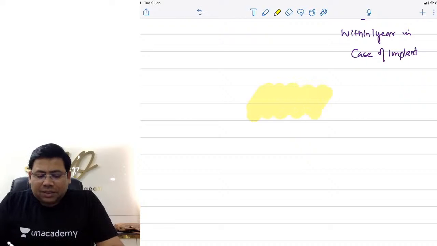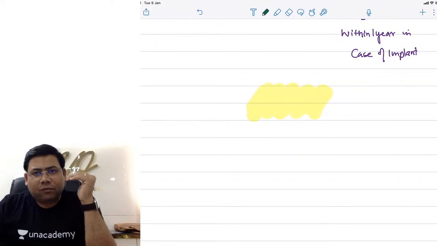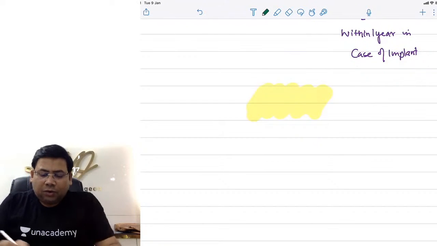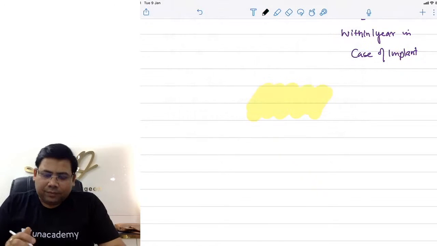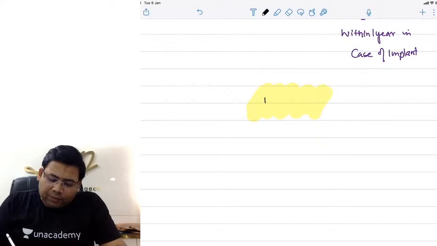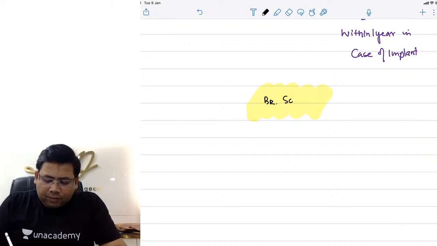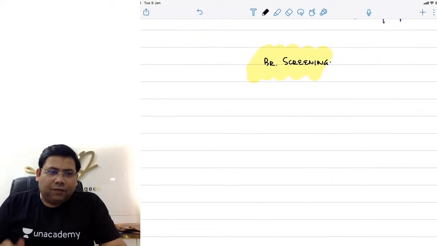So when I'm discussing the techniques of breast examination, what is my purpose? So I'm going to talk about the breast screening. So when we talk about breast screening, let us talk about this. So whenever we get a question,